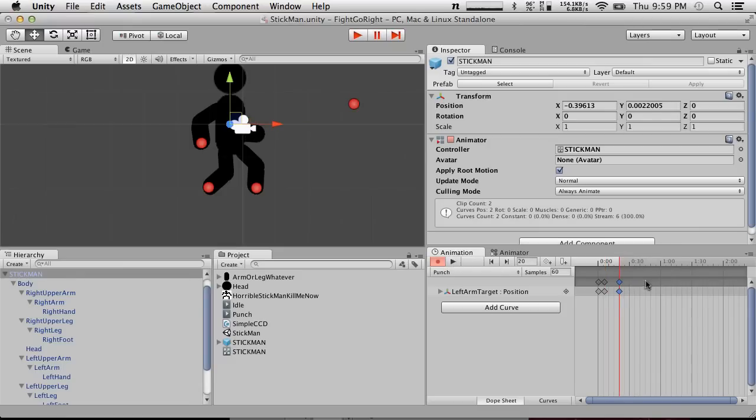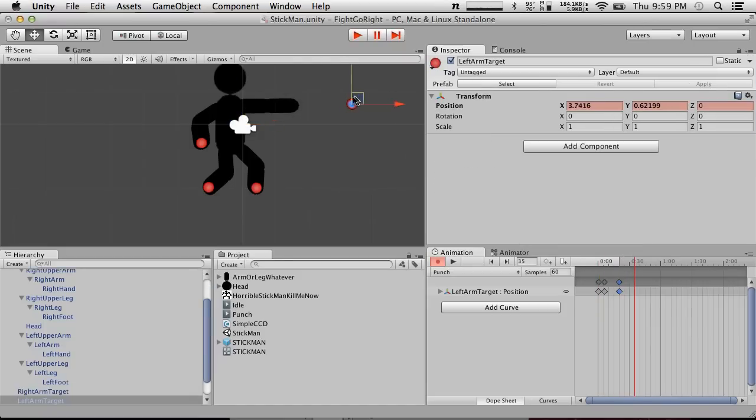If we want it to stay out, we need to put another keyframe past here. So we do that, and then we create a new keyframe where we just leave this out here, and then we go ahead and bring him back to idle, or thereabouts. All right, so if we hit play right now,